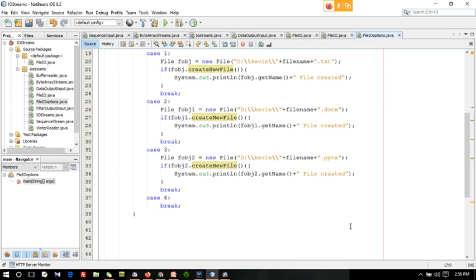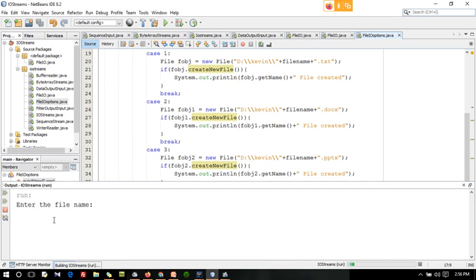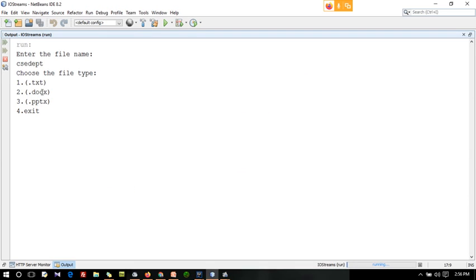txt, docx, pptx. Okay, fine. See, enter the file name: cscdept. It is asking me to choose the file type. I am choosing one. Build is successful.